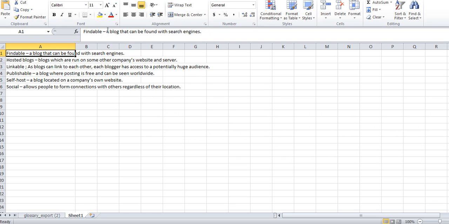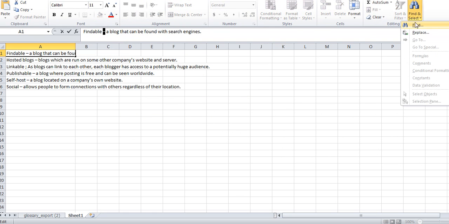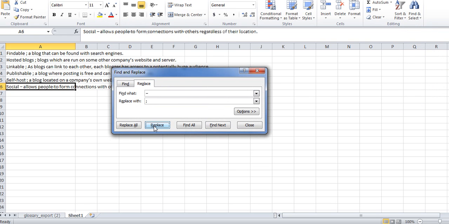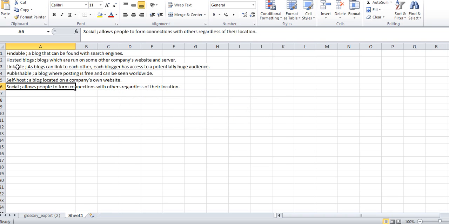But now these must be longer than that, so let's just actually copy that. Find replace. I'm going to copy it in here. And now I'm going to replace, replace, replace, replace, replace. When you get better at this, you can replace all, but I found that if I don't pay attention to where the replacement's going, sometimes there could be a hyphen or a dash in the definition itself. So now I have all of these